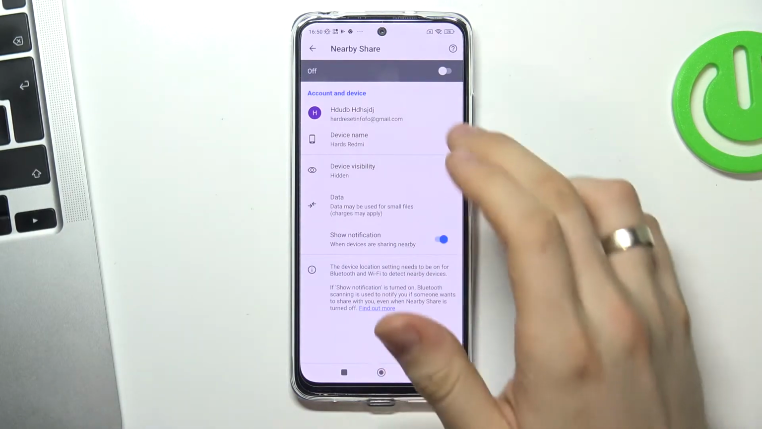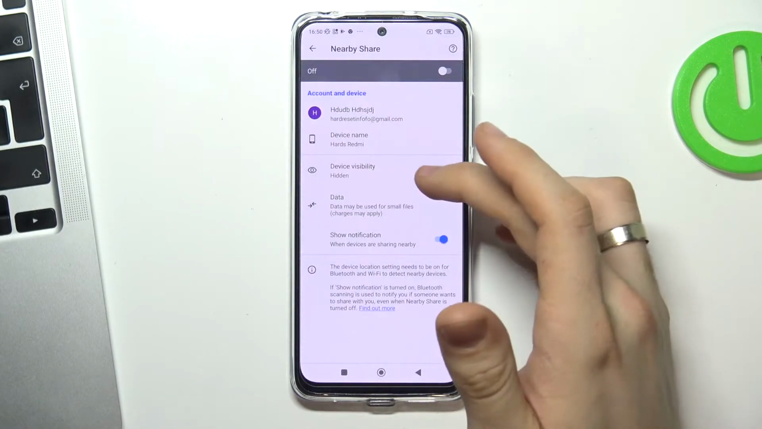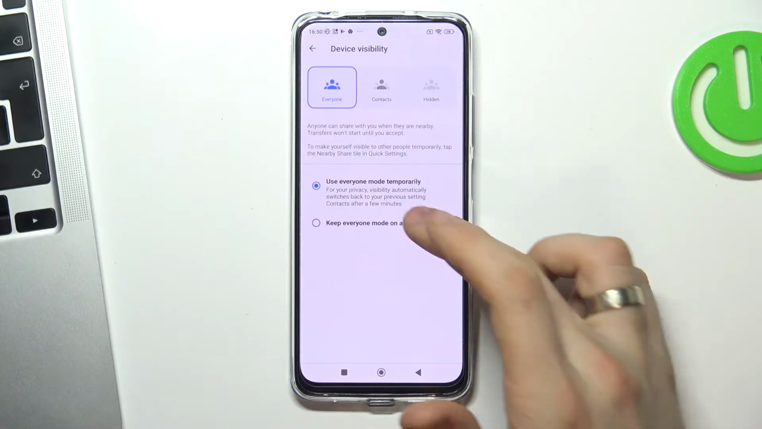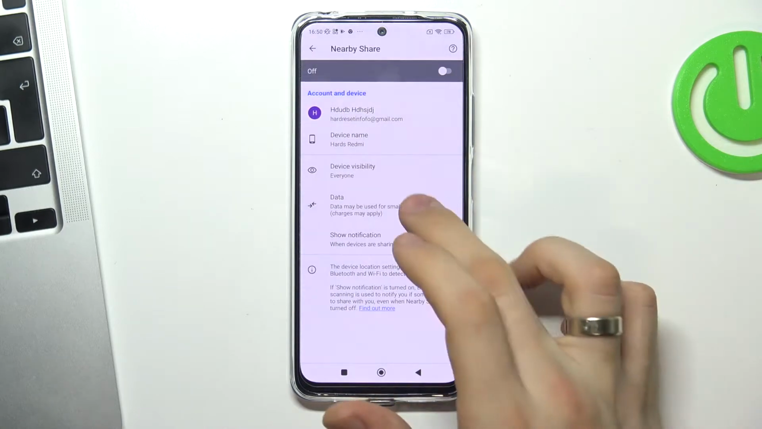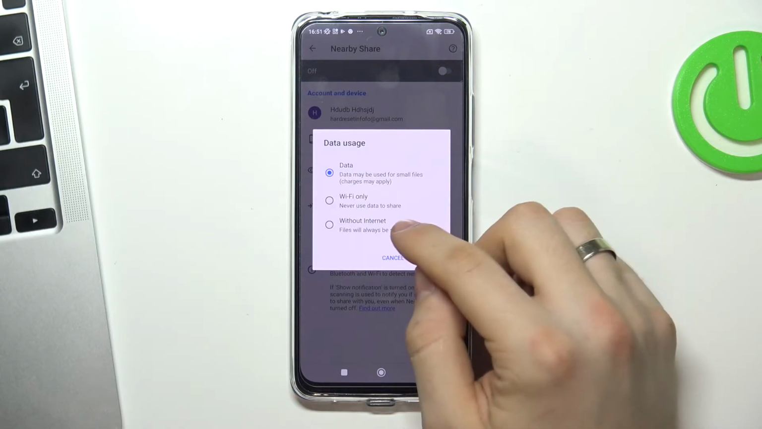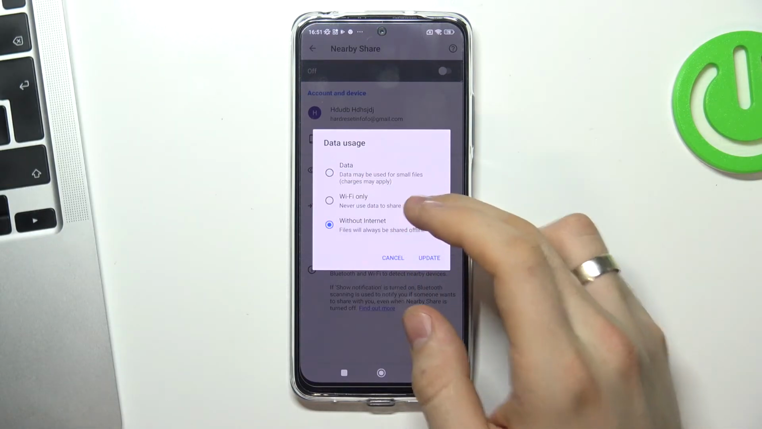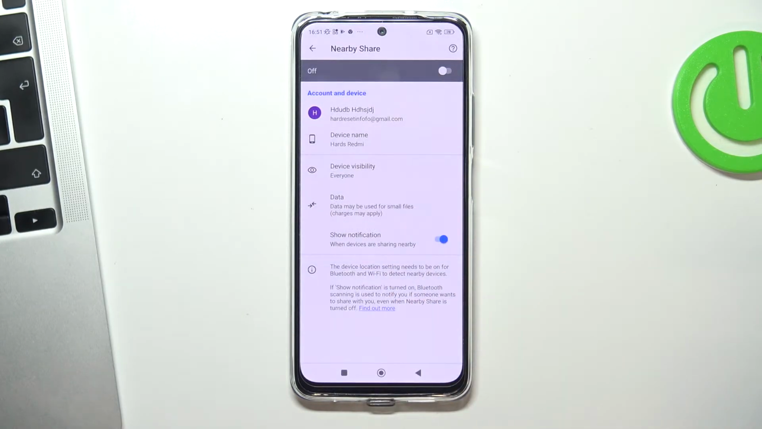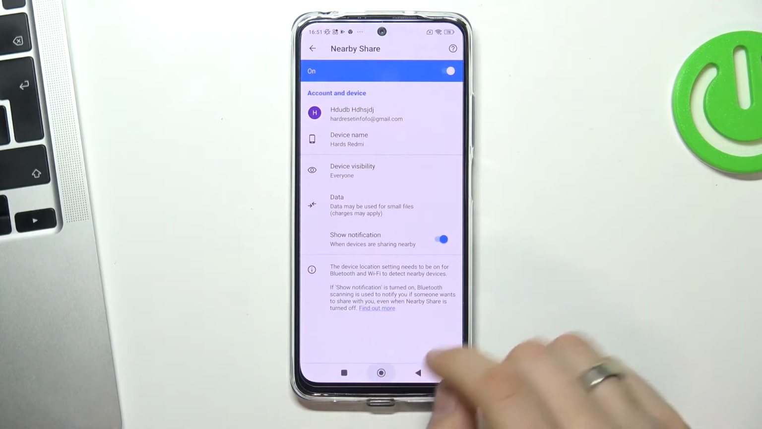Cool, here you can rename your device, and you can make your device visible for contacts or for everyone. I'll use this mode. Then you need to change your data usage mode. You need to choose your data usage mode. For example, without internet it's only Bluetooth mode, Wi-Fi only it's only Wi-Fi mode, and data includes data, Wi-Fi and Bluetooth modes. So now just enable the Nearby Share option,